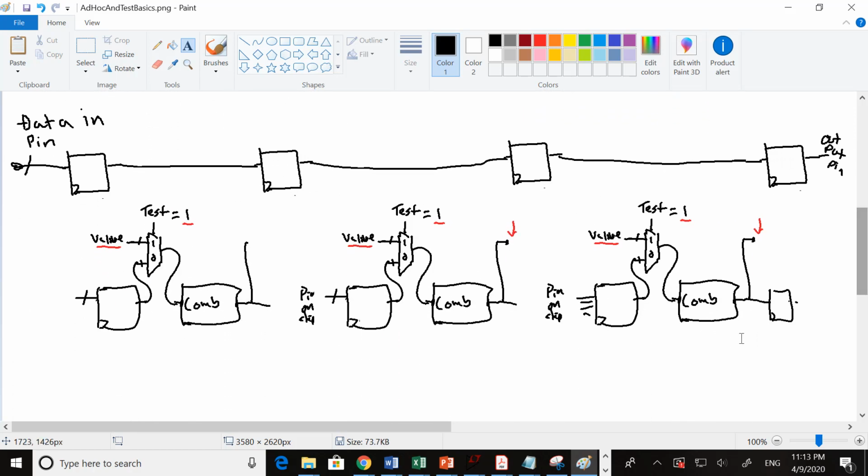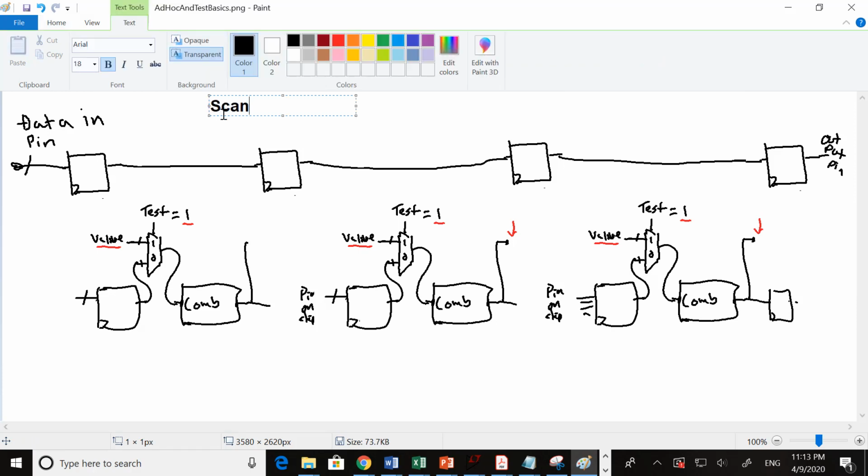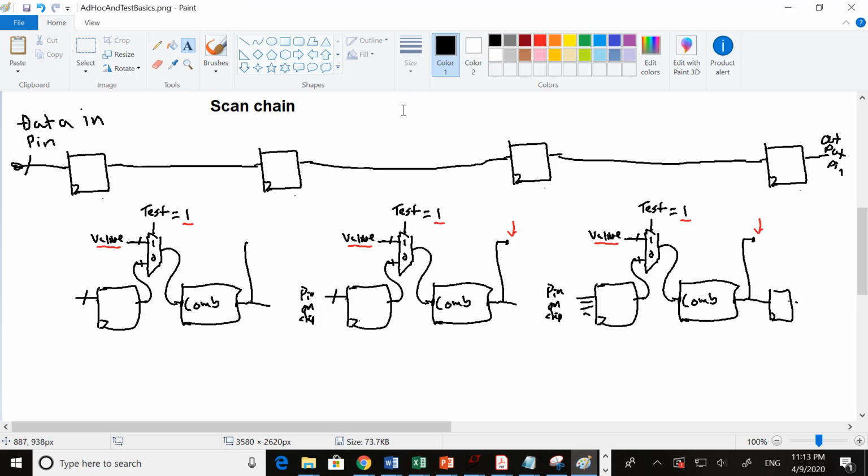So on to the last digital topic. Well, not the last digital topic, but I'll come back to them after I make some videos on analog testing, is what a scan chain is. So far we've done chips that are made to be testable using the ad hoc method, but there's also a design technique that uses a scan chain. And what a scan chain is, this is not the final picture right here, but what a scan chain does is it has a pin over here,